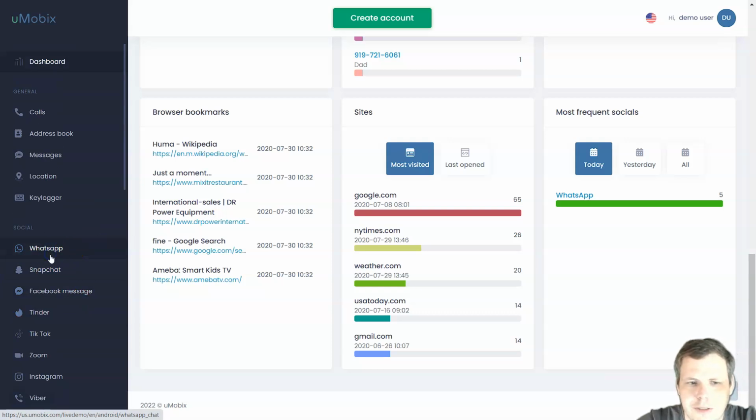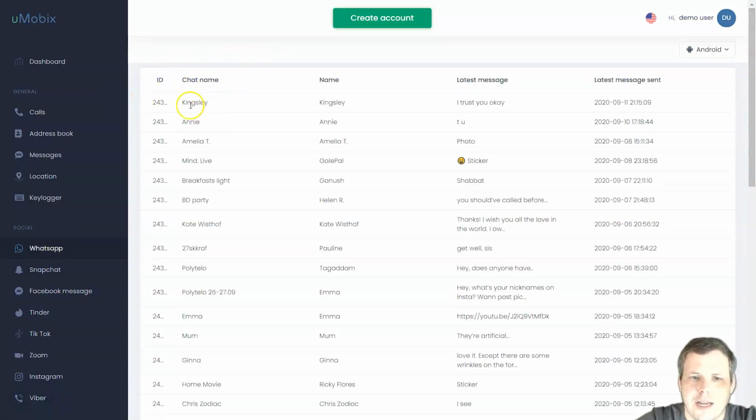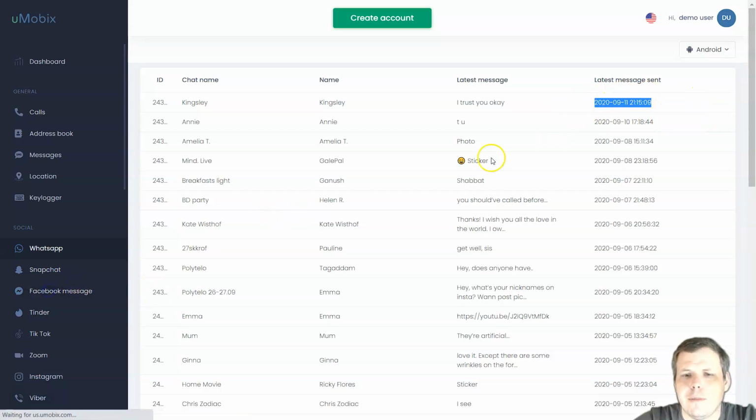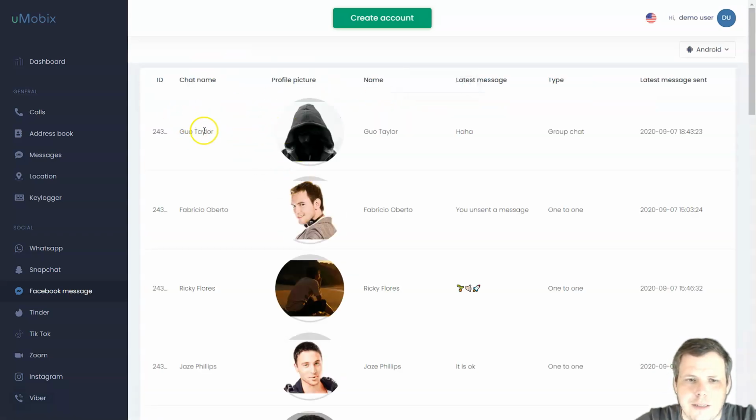Going to the left sidebar menu to jump into WhatsApp, it is going to be treated like your text messaging services. So it's going to give you that same information. As you can see, the chat name Kingsley, the name and the last message, you can read it, and the last message that was sent. So pretty cool, right? Facebook Messages is going to give you the profile picture to match for the name, which I like, and the last message sent, and what type of chat it is. Is it a group chat, or is it a private chat, or a one-to-one as it states,